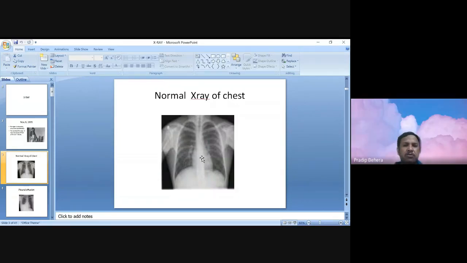Any doubt regarding how to calculate the cardiothoracic ratio? So again, I am explaining this one. You measure the maximum distance of the right border of the heart and the left border of it. This may differ at different levels, but from the midline, what is the maximum distance to the left border and the maximum distance on the right border? Then you combine them and divide by the maximum internal thoracic diameter.